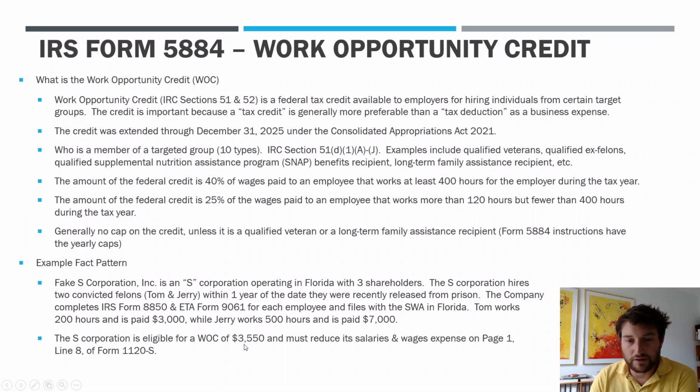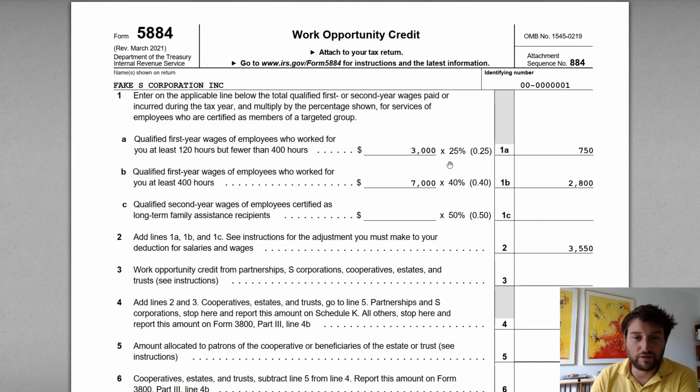So let's go back to the 5884. So this is the 5884. You can recall we had a breakout, Tom and Jerry, different wages, but also different number of hours worked, right? So the $3,000 of wages paid to one employee was between that mark. It was 200 hours of work. And then the $7,000 was paid to the other employee who worked 500 hours. So he was over that 500-hour mark. And so you can see here are the relevant percentages, 25 and 40%. So the total amount of credit is going to be